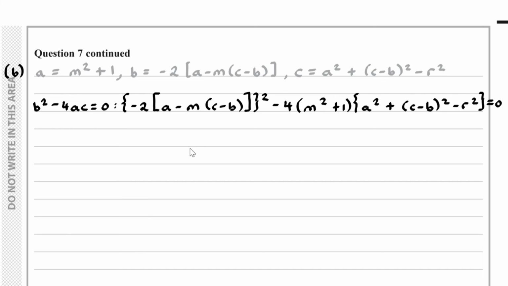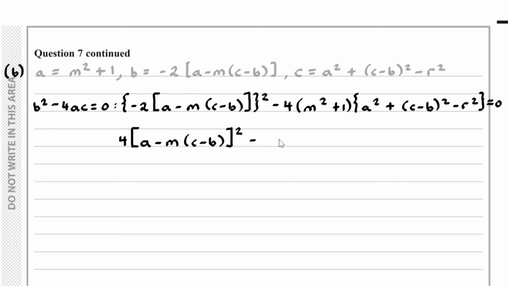So if we simplify, we would have 4 multiplied by a minus m times by c minus b squared, and then we've got minus,